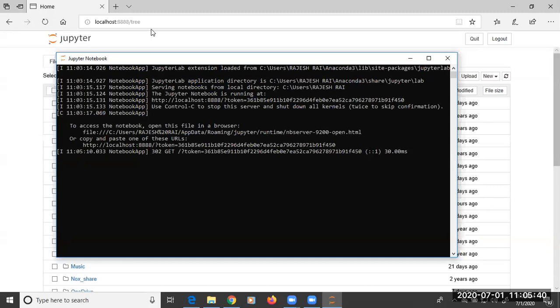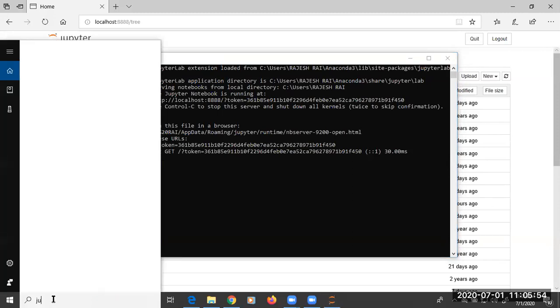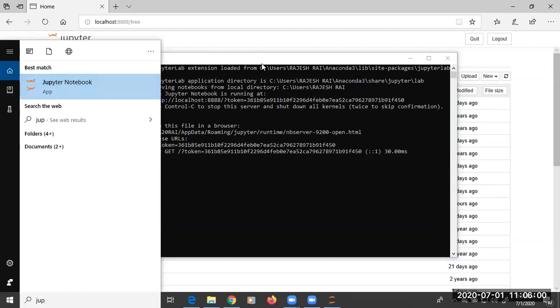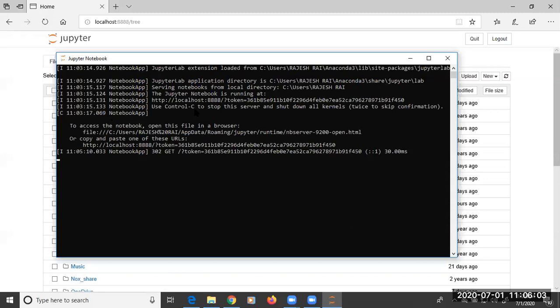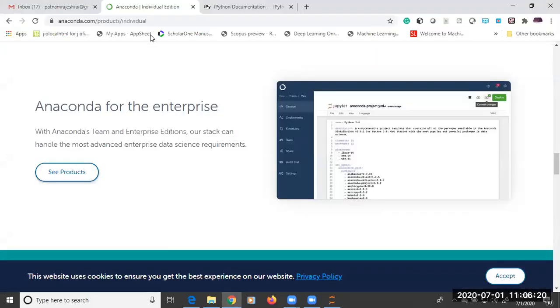I just copied this once again, so I can be clear. I copied it after running this Jupyter Notebook from the start window. I selected Jupyter Notebook from the start window, and after selecting this, it takes some time to open the command prompt window. After opening the command prompt window, it runs with the respective libraries, and from the libraries it opens through the local host, localhost 8888. So even in the other browser also, you can check this.